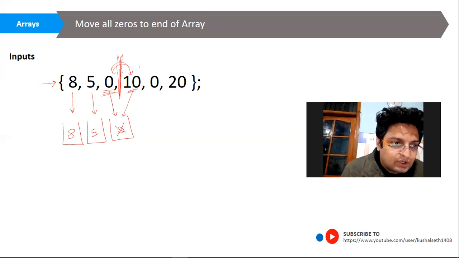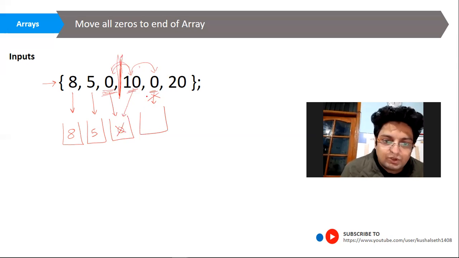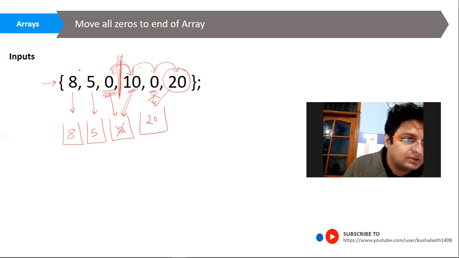Okay, now let's move forward and understand what happens when a 0 comes. When 0 comes, if the array is still moving forward, then we will not keep it, otherwise we will put it. So we will not put our 0. Just now we saw, if the array is moving forward, then we put that number instead of the 0. So in this case, we will not put the 0 and we will move forward with this index. So the 20 will come and we will put the 20. Let's understand this once again.